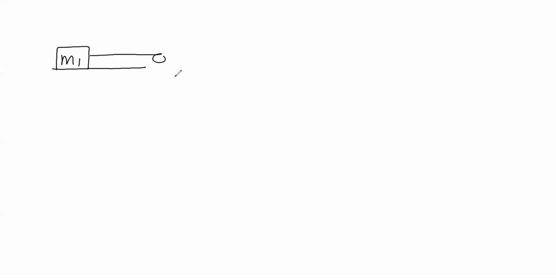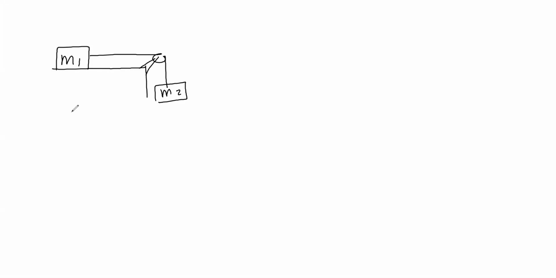a massless rope attached to a pulley, or hung over the end of a pulley, and you've got a mass M2 that is hung over the edge. Okay, and the pulley's massless, and the rope is massless, and there's no friction, and so when we analyzed this